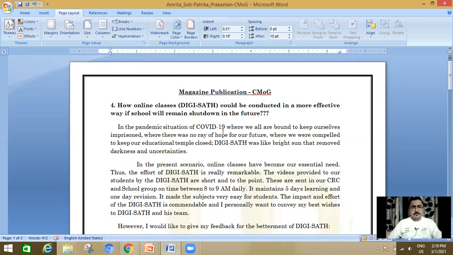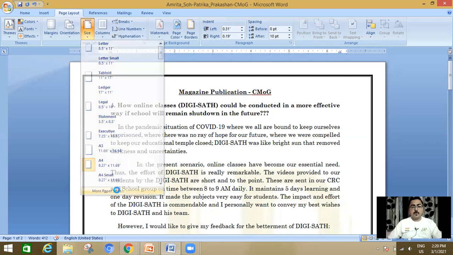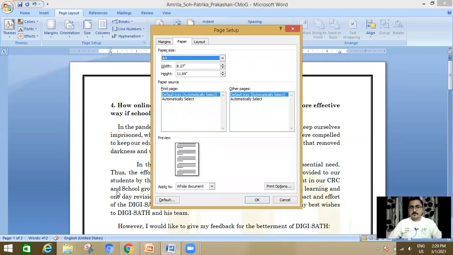Other than this, if you don't want the pre-formatted size of the page, you can change it manually from here. Click on more paper sizes. Now here, there are three tabs available in the page setup dialog box: margin, paper and layout.